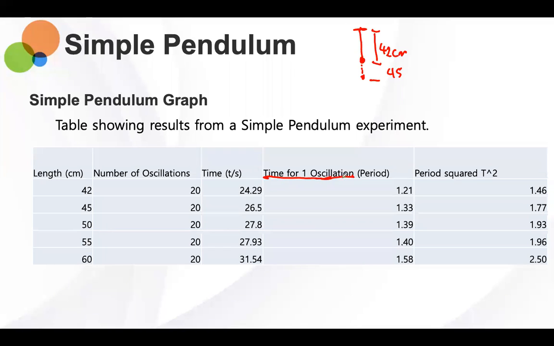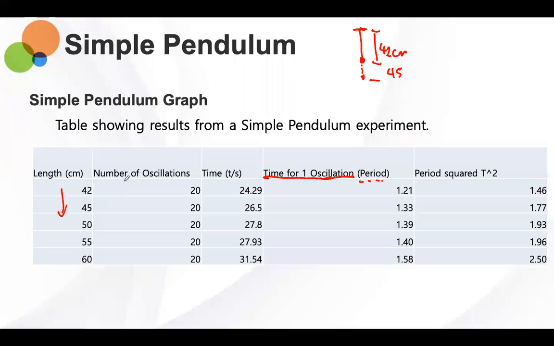What do we call this again? Period of oscillation. Period of oscillation right here. Perfect. Right? So she did this experiment and she found out that if she increased the length from 42 to